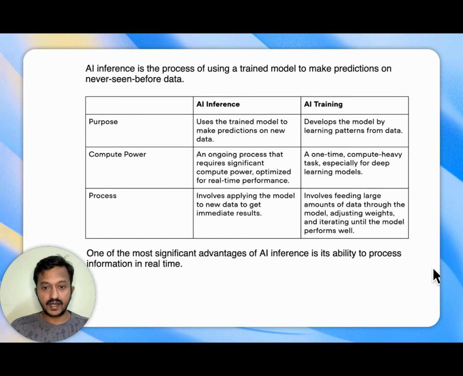So let's understand how AI inference is different from AI training for LLM models. AI inference is the process of using a trained model, like we saw, to make predictions on never-before-seen data. So it basically mimics the human brain almost. That's how powerful AI inference technology is. And if you see here the differences between AI inference and AI training,